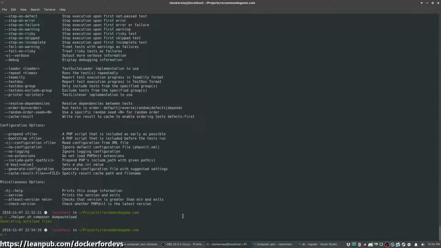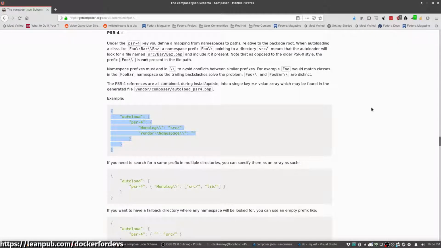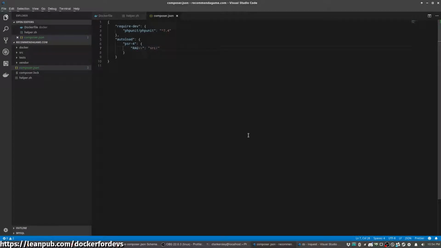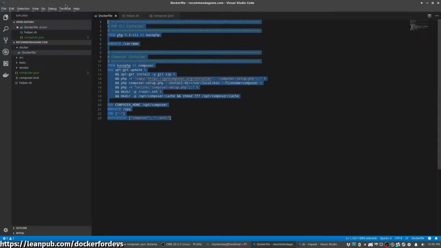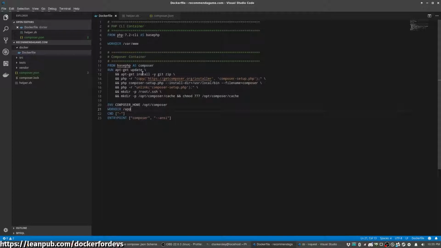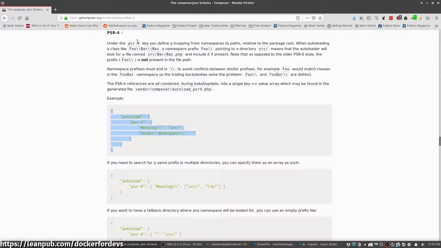Now, the first thing we're going to want to do is, so the basic premise of the application is we're going to ask some questions, and then we are going to output a recommendation. So from this point, we've actually done most of the basic Docker stuff. This basic Docker file gets you command line and gets you Composer, which are two of the main things. We'll do web here in a minute, and we'll expand this out in a little bit. So, but first let's get some actual code in. Let's head over to